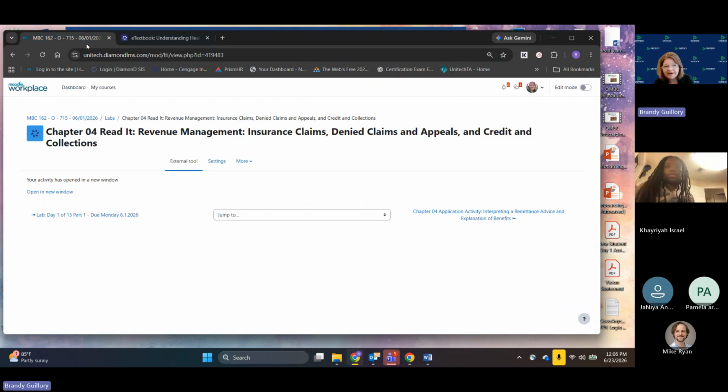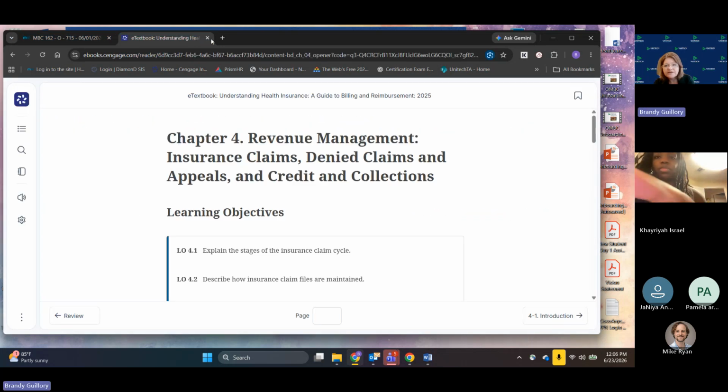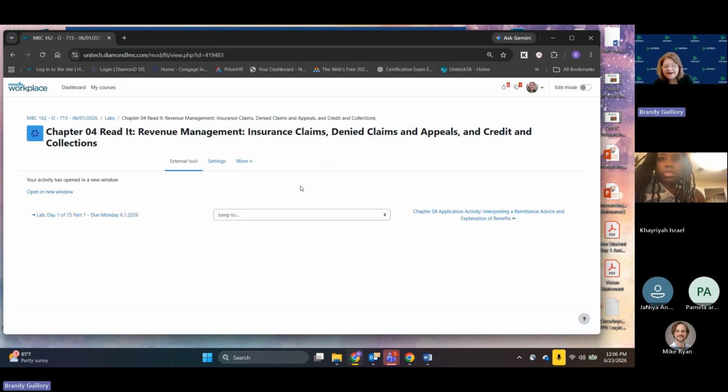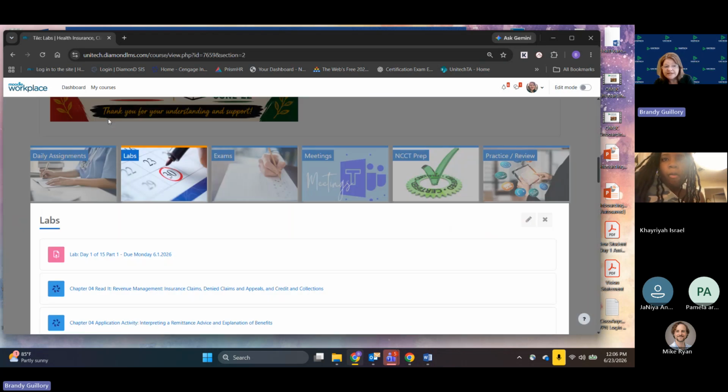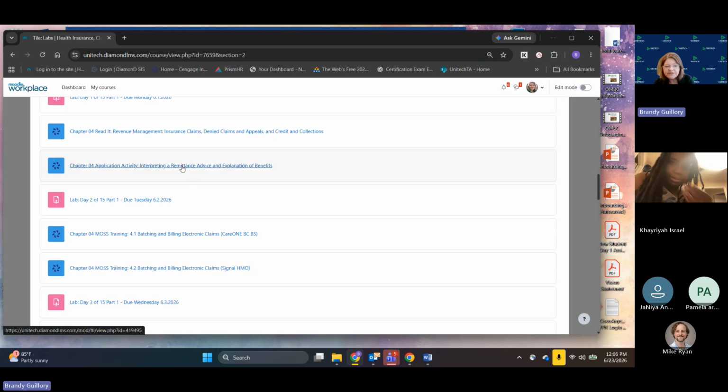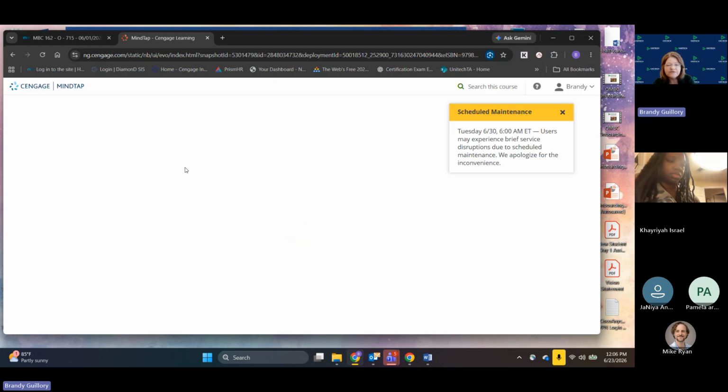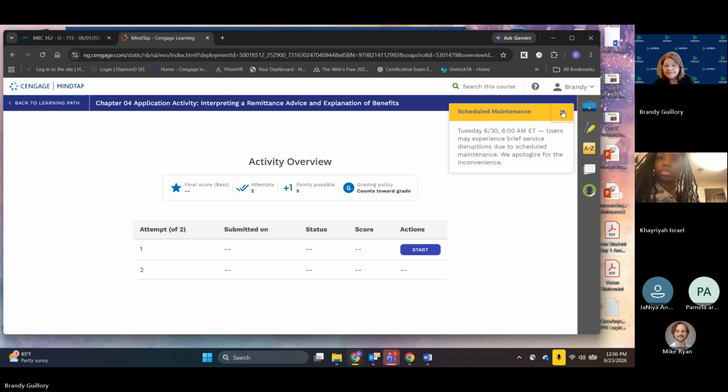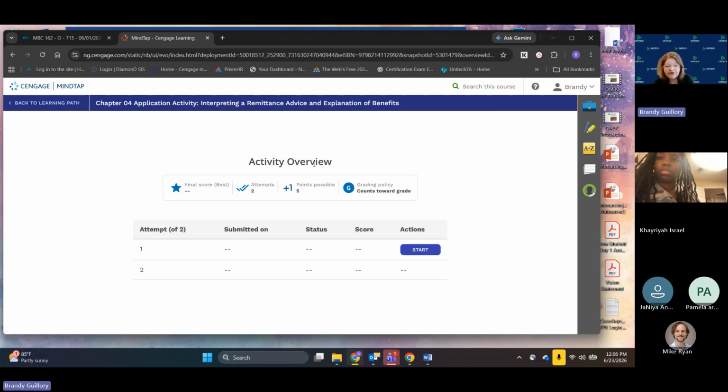You can click back. You can either close that out. I do suggest once you're done with it, go ahead and closing it out and then going back to Moodle. You can click back into your labs or go back to the home page and then go to the next item in the list. You click there, it's going to open that one for you. And it's just that simple, guys. You're just working your way through reading, then activities, then readings, then activities, until you're done with that day's assignments.